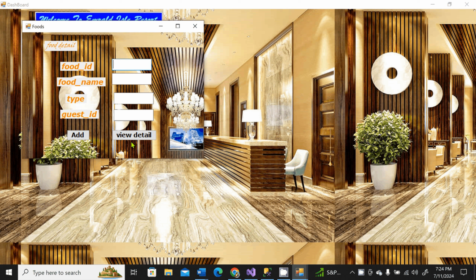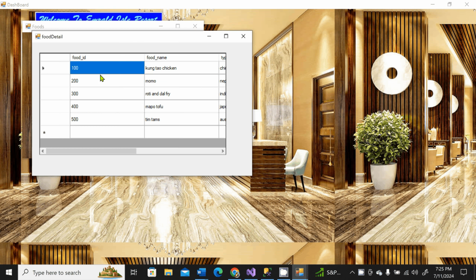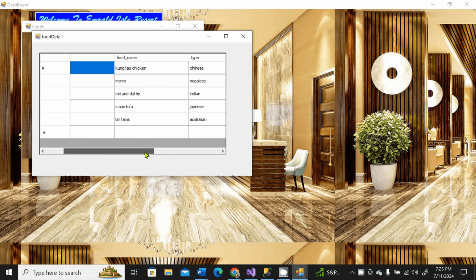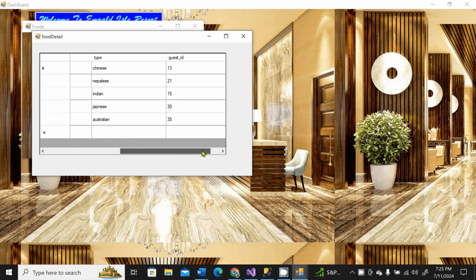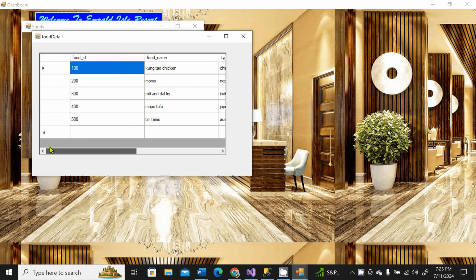I have already listed the 5 items which are here. Now click on the view details. Here is the list of food ID, food name, type, guest ID, which is the foreign key that links to the tables, and this is the primary key, which is food ID. Now close